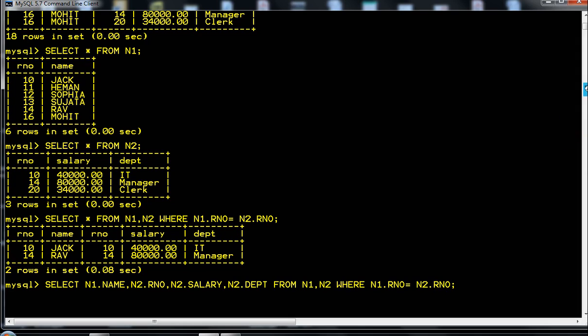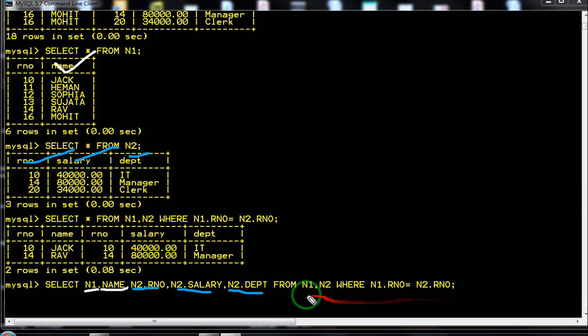So, what I am doing over here, I am taking only name from N1. From N1 table I am taking only name, I am not taking roll number. So, roll number will not be displayed now, and from N2 table I am taking roll number, salary and department.